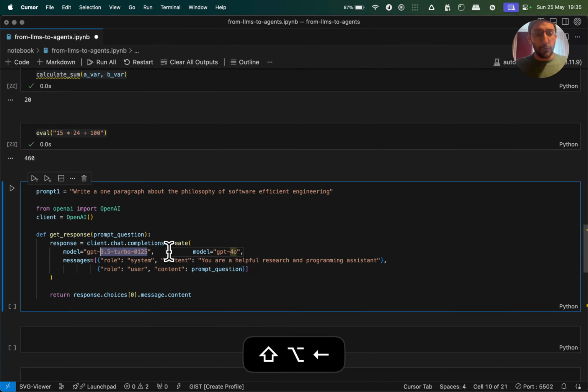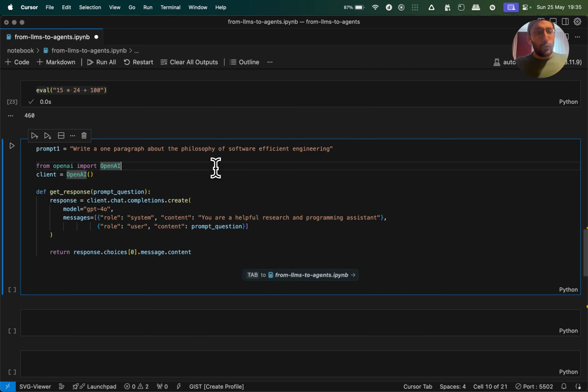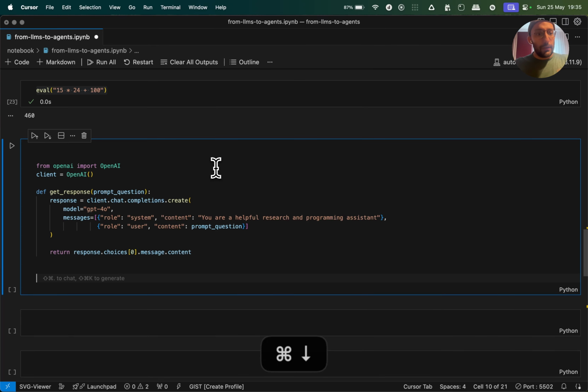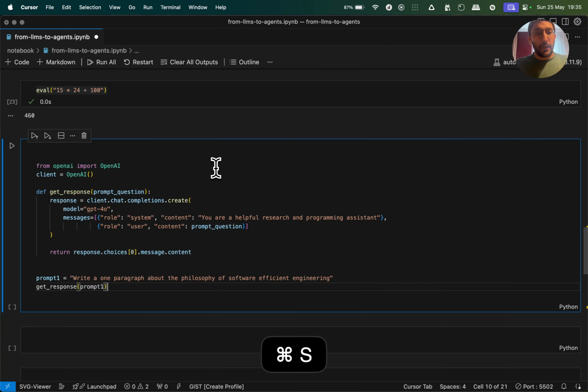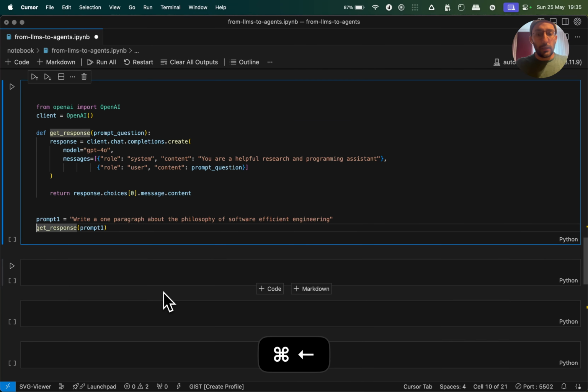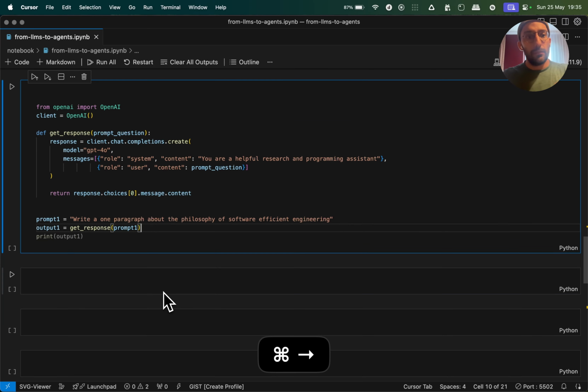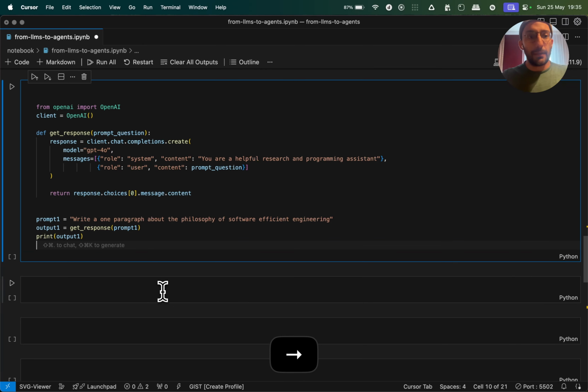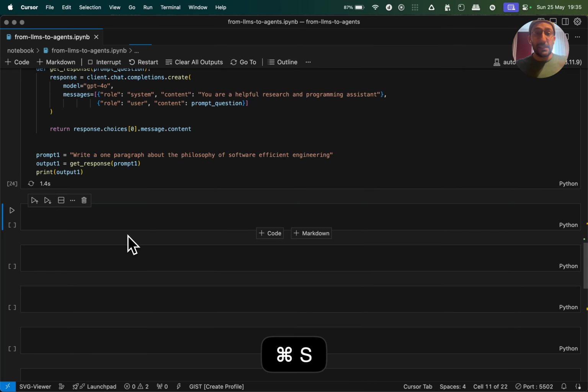I'm going to put GPT-4o, save this underneath here, and then get a response, okay? I'm going to call this first response output 1. Print output 1, perfect.